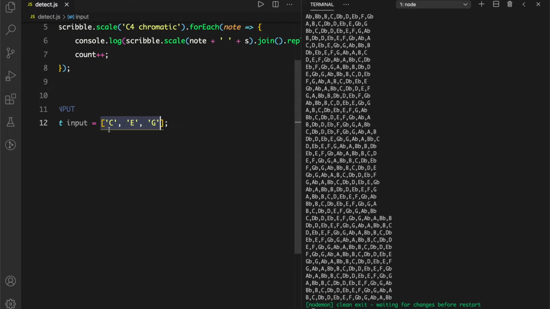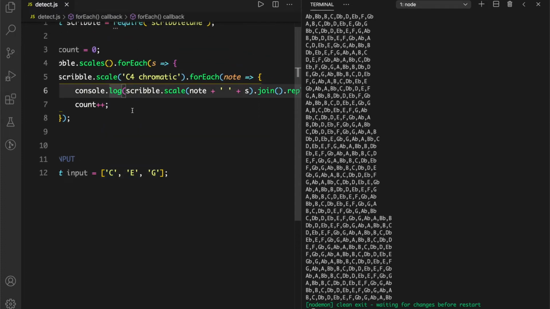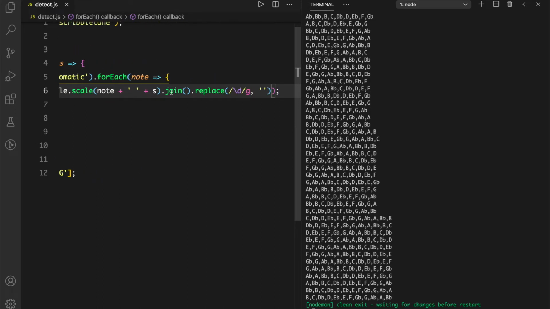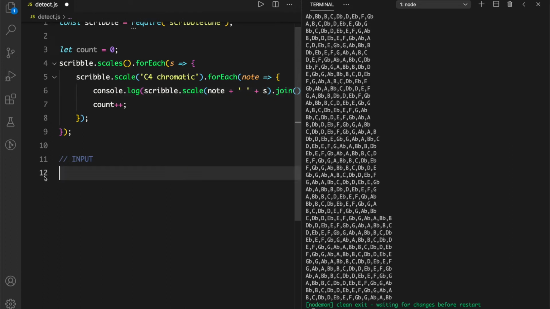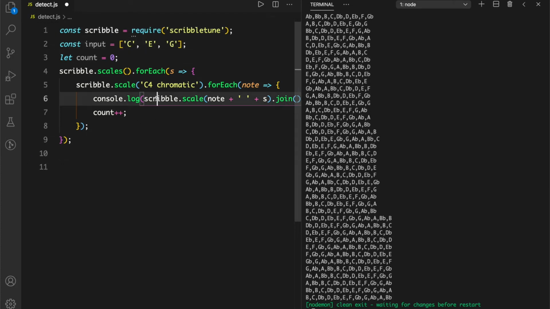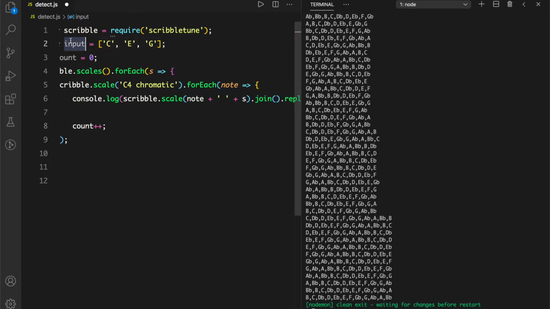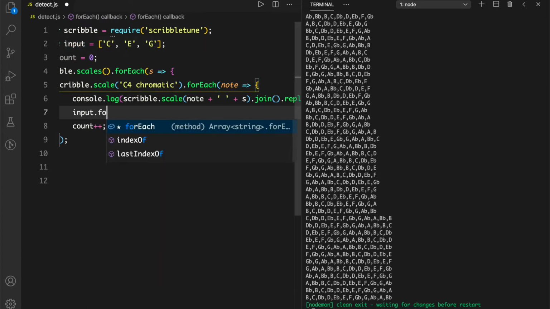or we could just, within here, instead of doing all this replace business, do one more loop inside, which makes it even worse, right? So if I move this input array over here, and then within this loop, I iterate over the input array, one more forEach.